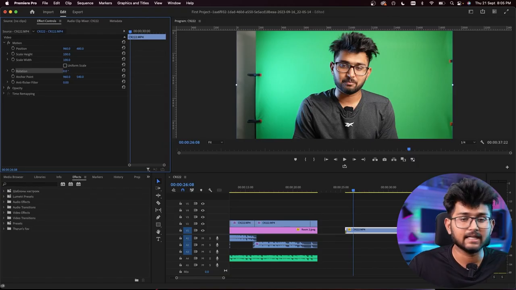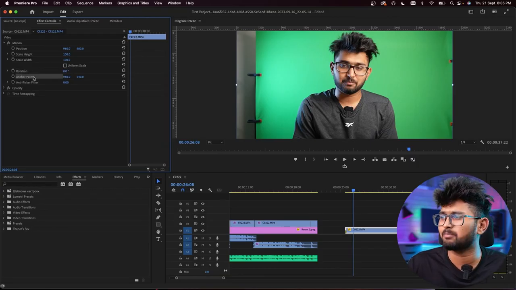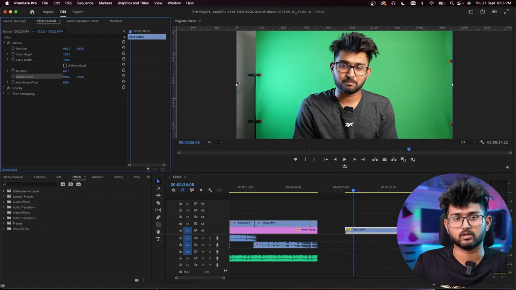What does this anchor point mean? You see this blue dot over here in the center, that is the anchor point in this situation. Basically, this anchor point is nothing but a reference point. Reference point for what? Reference point for transformations. Whatever movements you want to do, whatever scale sizes, rotations, or changes in position, this anchor point is the reference point for any of the transformations that you do.